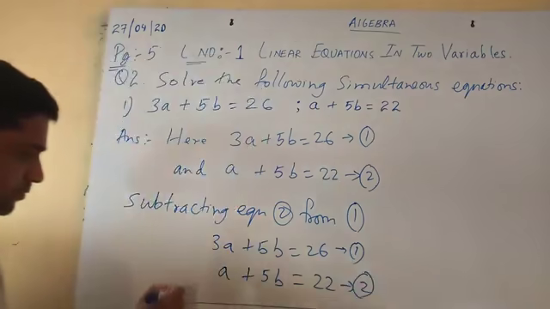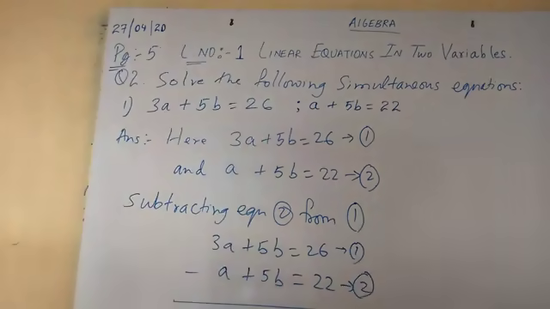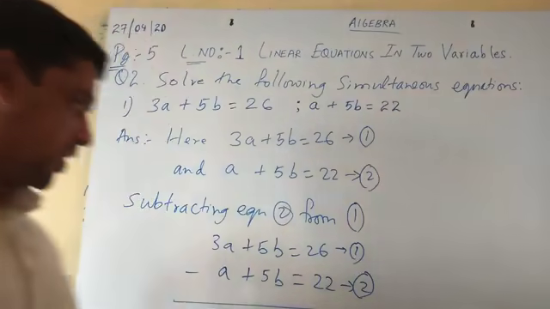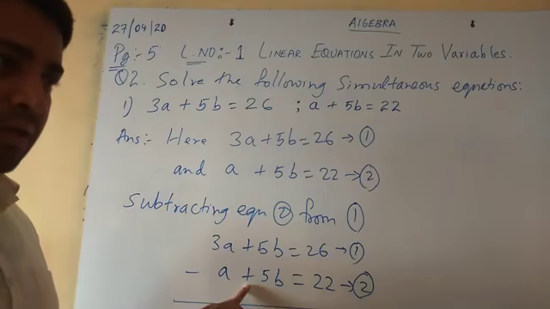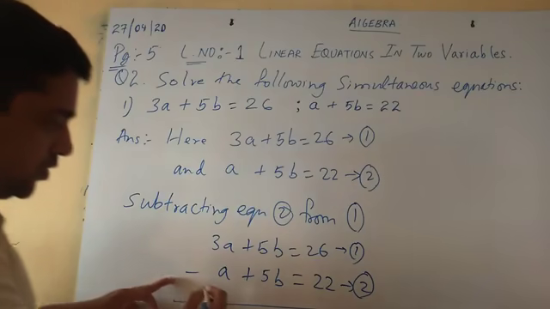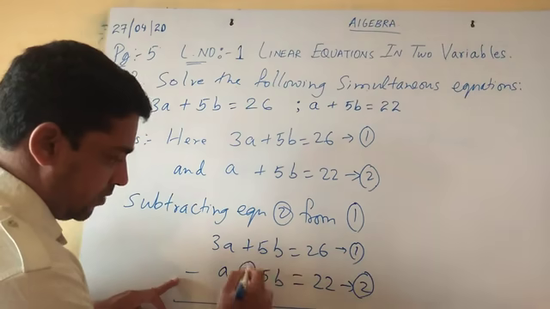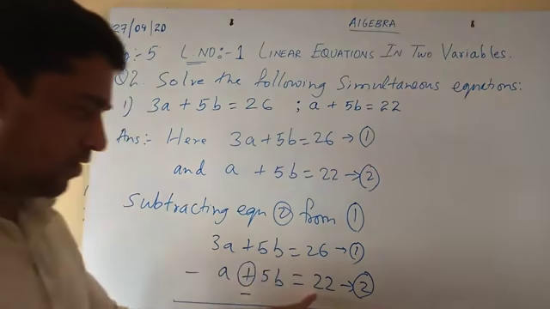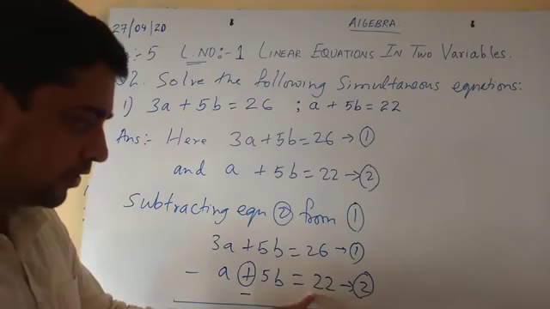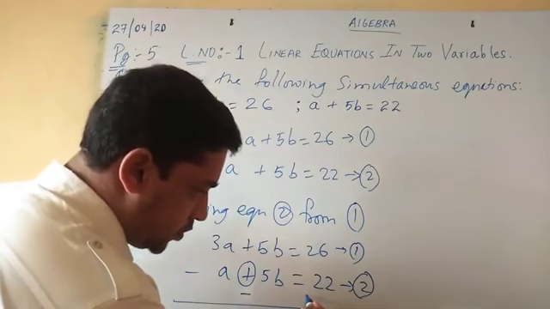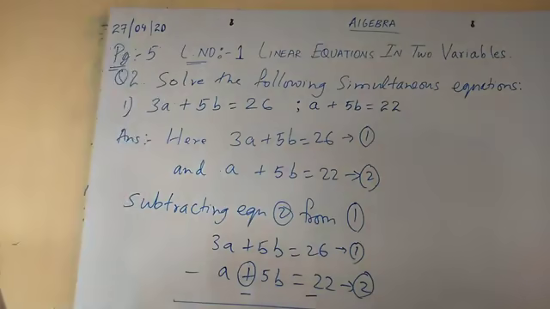Let us subtract. Now while subtracting, the sign will change. Why? Because minus plus is always minus. You have studied this in your lower class. So I'll change the sign of the second term. It will become negative. Again on the right hand side, the constant has a positive sign, so again I'll change it. Positive will become negative. Is it clear?